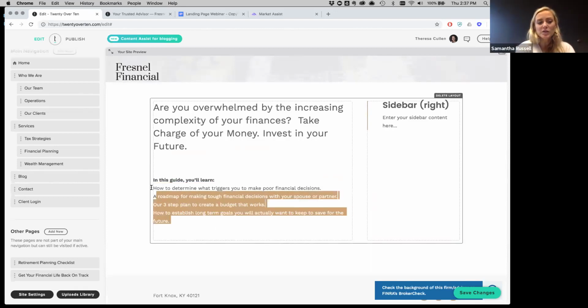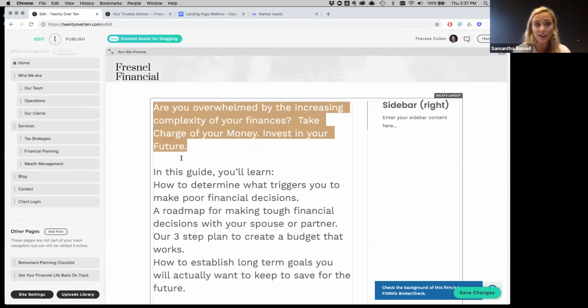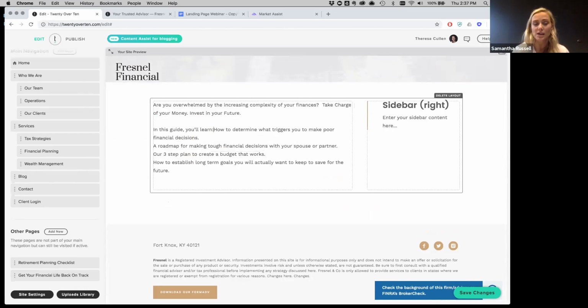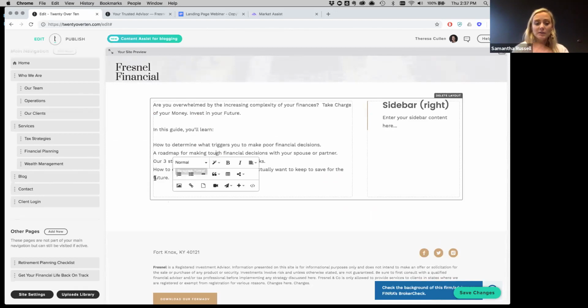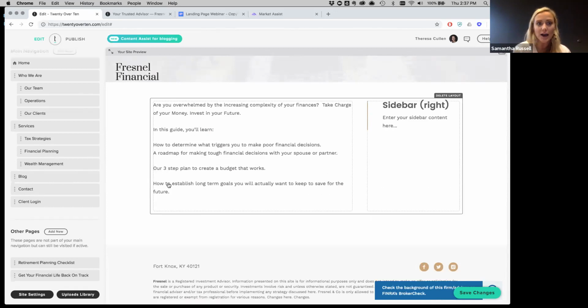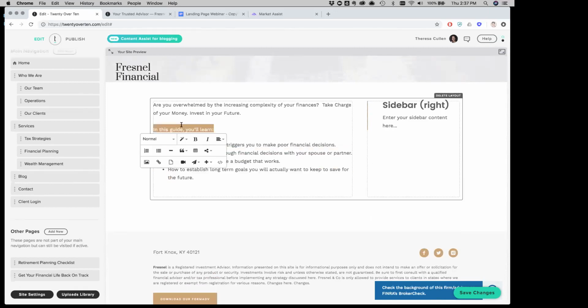And as Ryan's doing this too, I think just to remember, when it comes to conveying the value that someone's going to get, really, you don't need a lot of copy. It should be just quick and easy for them to scan and see, this is what I'm going to get, or this is what I'm going to learn when I download this guide, or read this ebook. Make it simple. Yeah, absolutely.